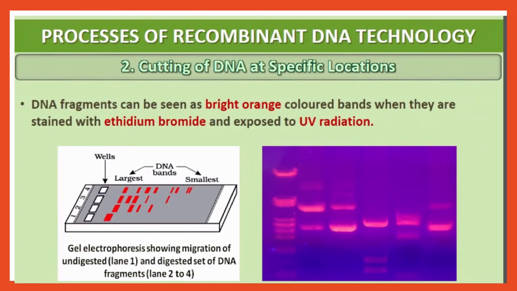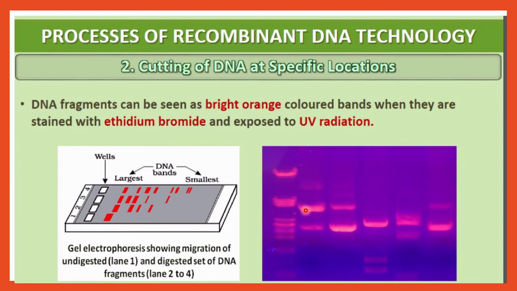After gel electrophoresis, whatever DNA fragments are separated, you cannot observe them without the staining process, because the isolated DNA fragment is totally transparent and the gel itself is also transparent. That's why it is not easily observable. For that purpose, you have to stain these fragments with ethidium bromide, a bright orange colored dye. Even after staining, you cannot observe the fragments without exposure to UV radiation. If you want to observe them, you have to expose the ethidium bromide stained fragments to UV radiation. Then only you can observe.